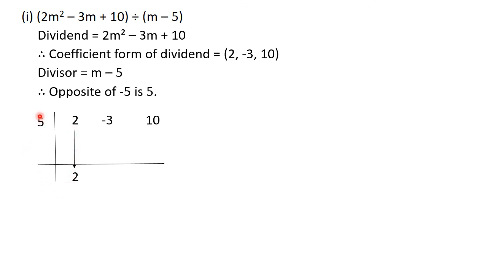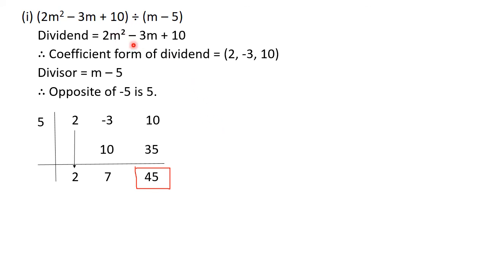Now see this, 5 into 2. 5 2s are 10. That answer we are going to write here. So minus 3 plus 10, the answer is 7. Again 5 into 7, 35, which will come in the second row. And 10 plus 35, the answer is 45, which is our remainder. So put a rectangle around that. Okay, as I have told you, whenever you find a remainder, you keep the habit of drawing a rectangle around it.